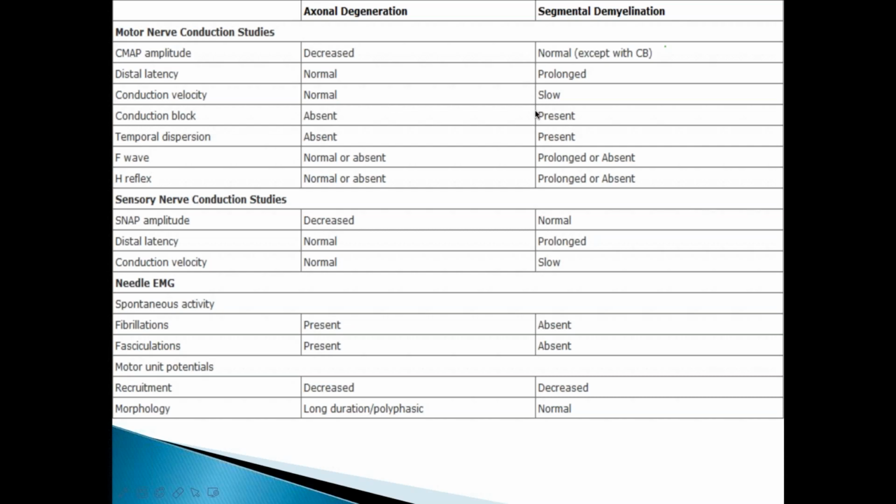The point over here is there is something called a CMAP, compound motor action potential. Normal in demyelination, it will be decreased. However, latencies will be prolonged in demyelination. So this is a very clear CMAP decreased and latency prolonged over here. Right? Now, just remember axonal